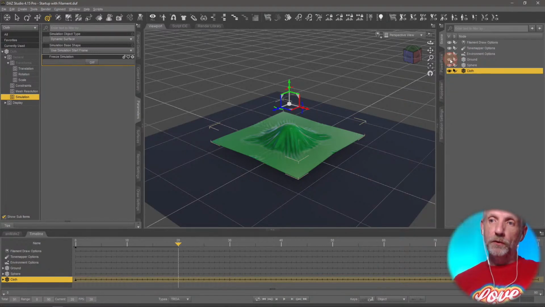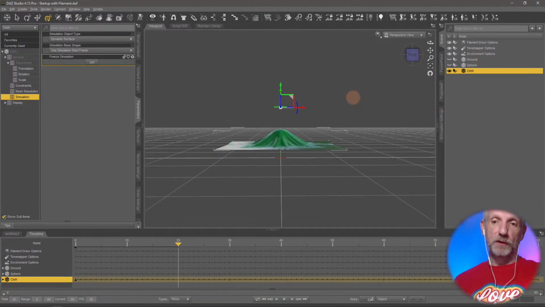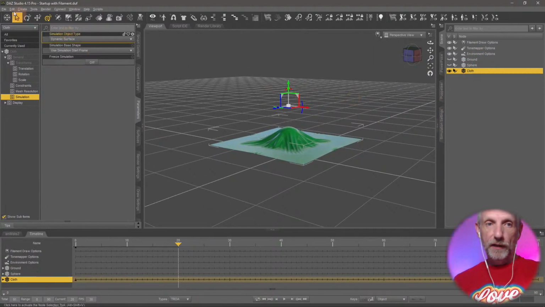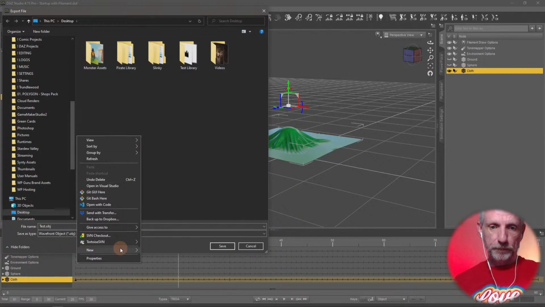Make sure you disable or just make invisible all other objects that might be in your scene. So my ground and my sphere, I don't want to export that. It's just the cloth. And I'll head over to File, Export, and I'll just put this on my desktop, maybe